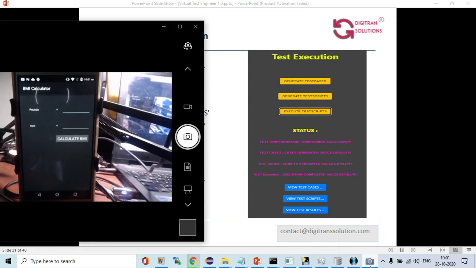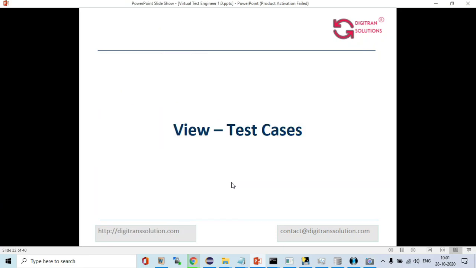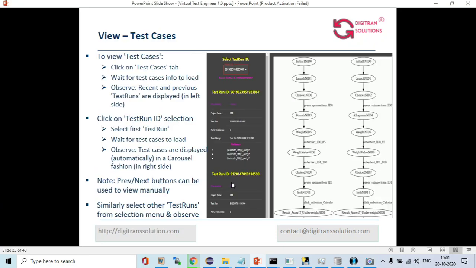So how is the menu tree working? It's still going on, so we'll continue the slides. View test cases, we completed this also. Here we have 3 test cases listed on the left side, and the right side displays the test cases.